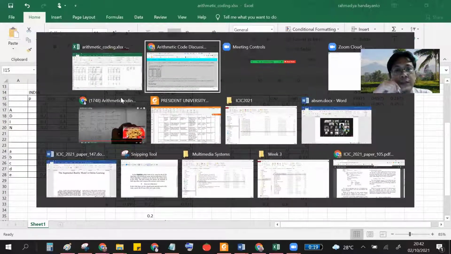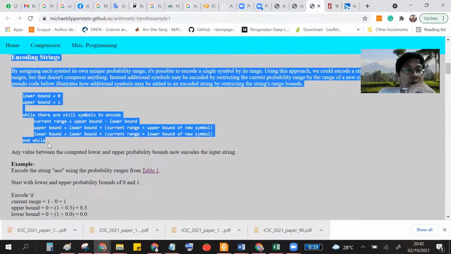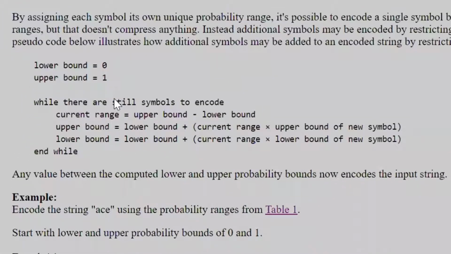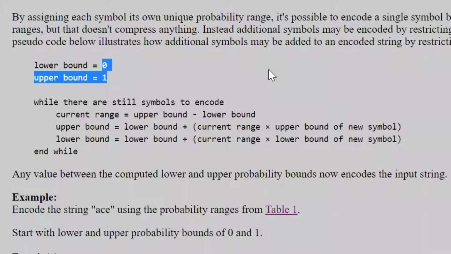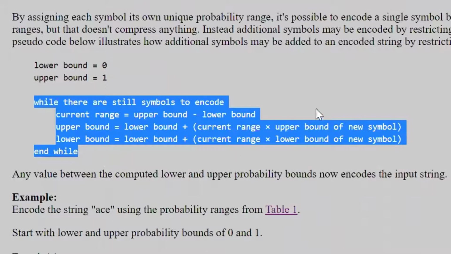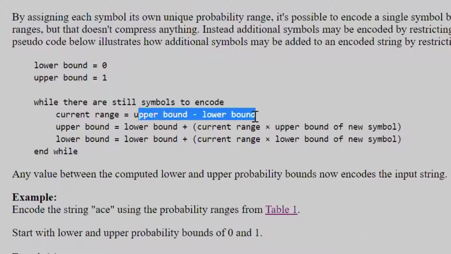From this explanation, this is the encoding. Encoding is the conversion from the true word into the code, or compression. First is 0 and 1, so you add 0 and 1 here, and then there is a loop. There is a current range, which is the upper bound minus the lower bound.